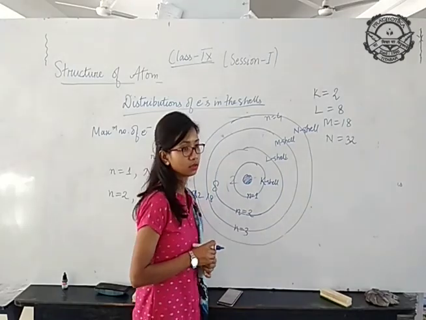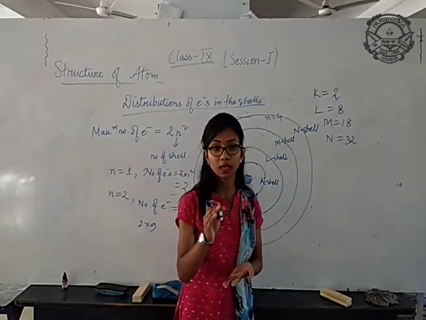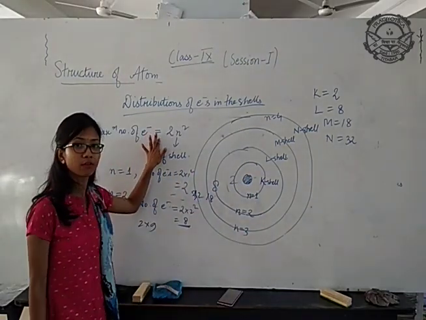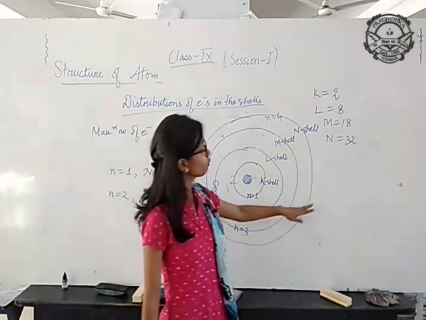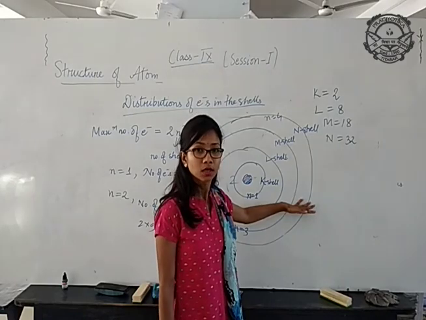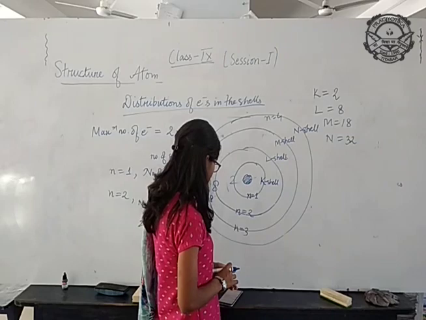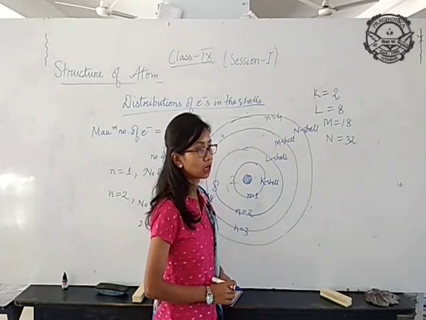Students, you have to write this point from your book. How are electrons distributed in an atom, you can write from your book also. So the first point is the maximum number of electrons present in the shell. Second point, the maximum number of electrons present in the outermost orbit will be equal to 8. And thirdly, electrons are not accommodated in a given cell unless the inner cells are completed.